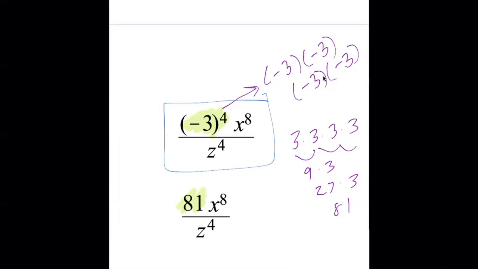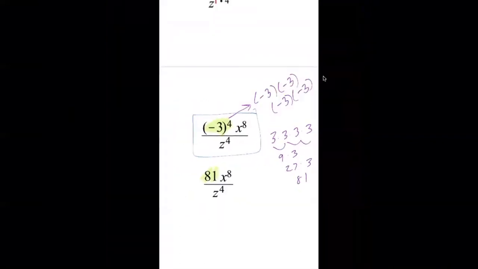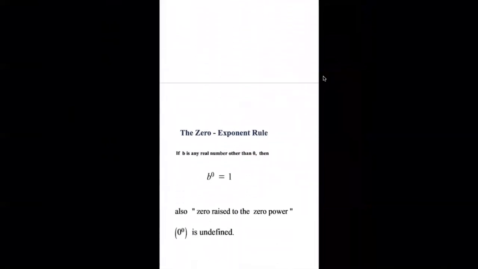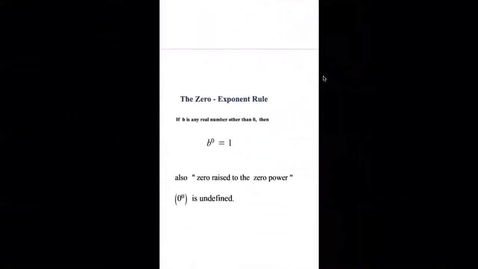Now, you don't move the X and the Z around. X was on top of that division bar, Z was on the bottom. X and Z are not the same base, so we cannot subtract them. So you can't do 8 minus 4. They have to match. If they were both X's, then I could simplify them down, but they are not both X's. So on the first day, I want you to stop there,